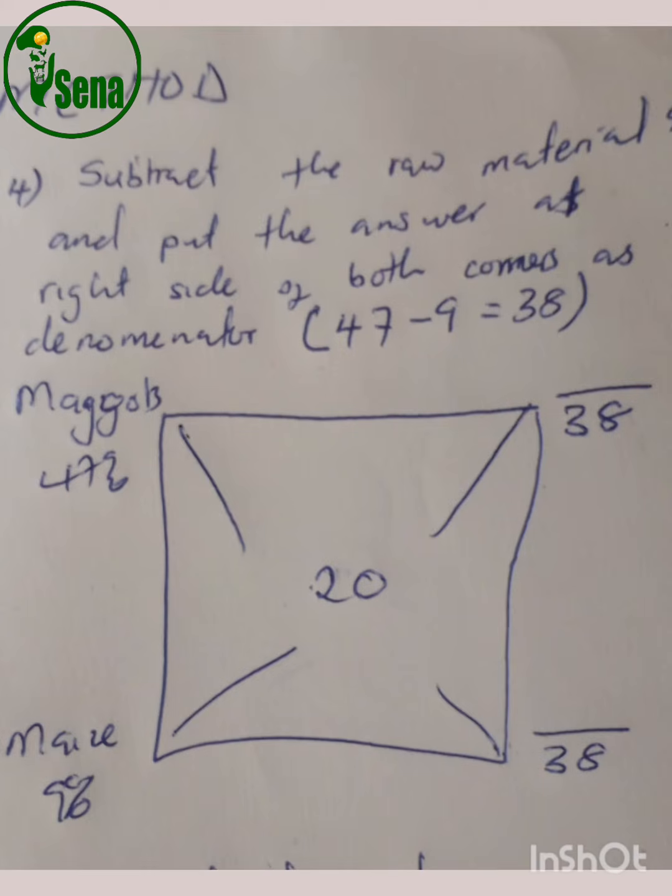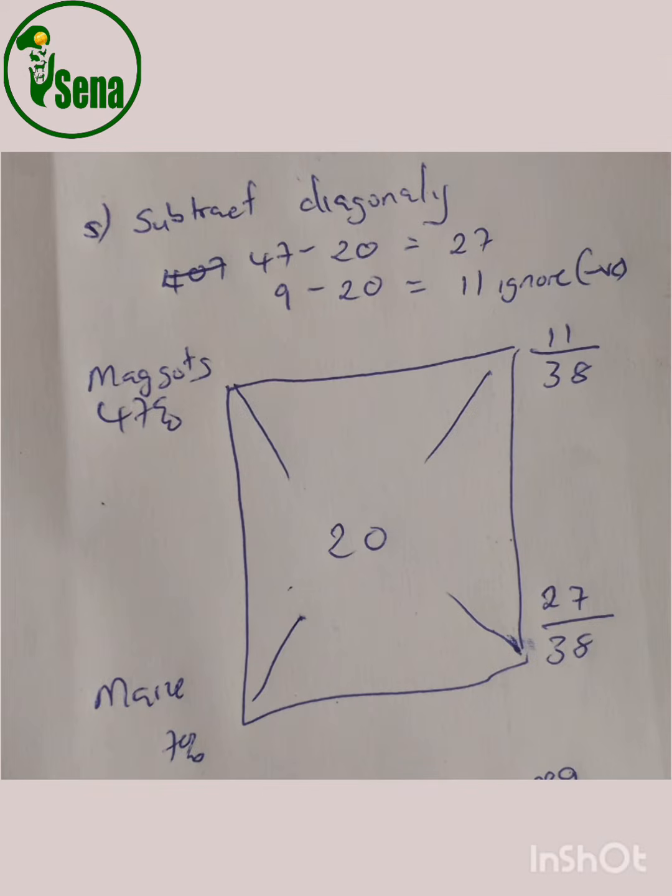We put our denominator on the right side of our square. After inserting our denominator on the right side and our raw materials on the left side, and then our target protein in the center, now we subtract diagonally. Subtracting diagonally, like 47, that is the protein content for the maggots, minus 20, which is our target protein. Now we get 27. As we subtract diagonally, we put 27 on the bottom right corner,